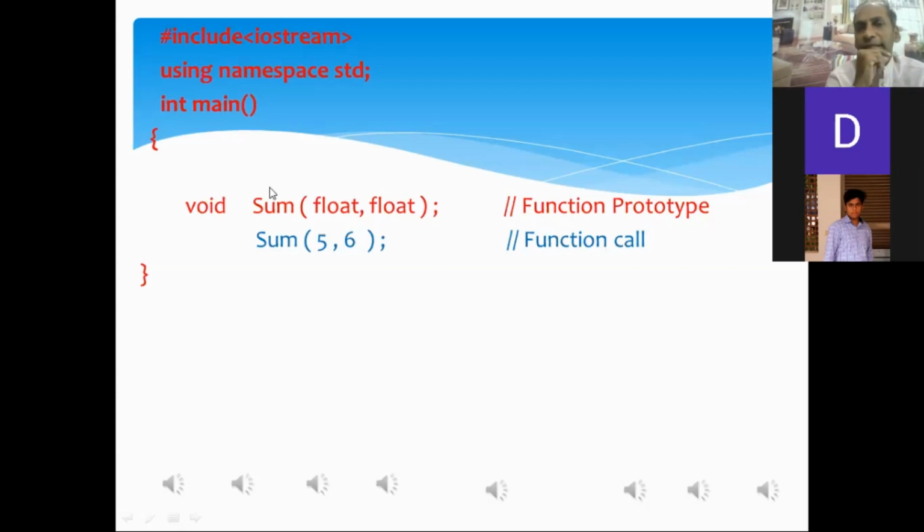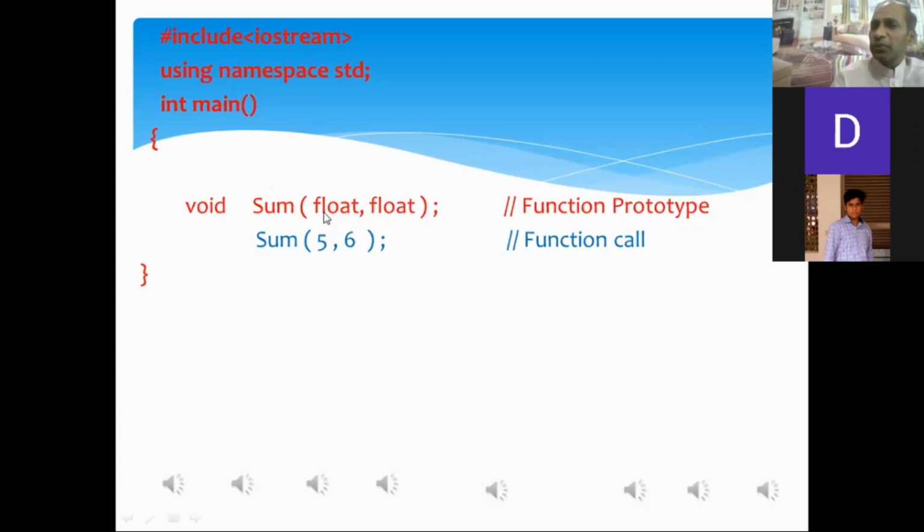We shall have to copy the header of the function over here and paste it after the main function, but we do some additional things after each argument.